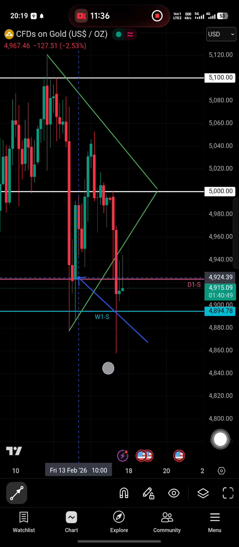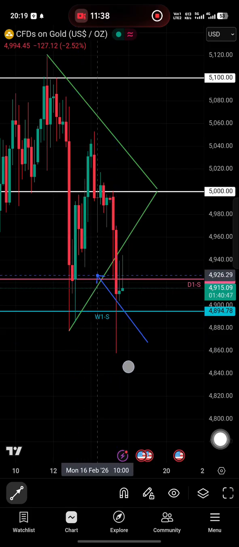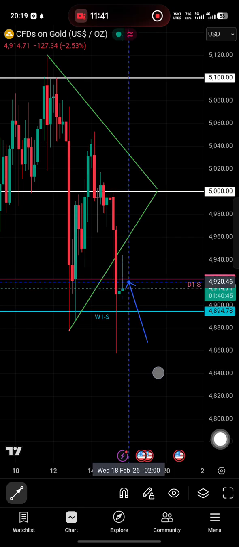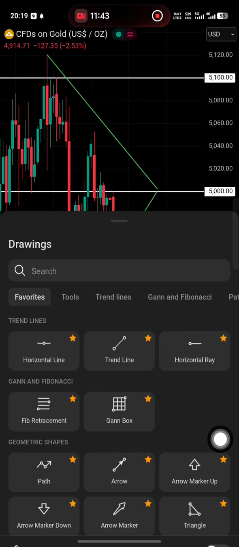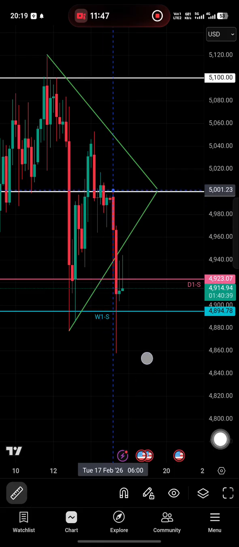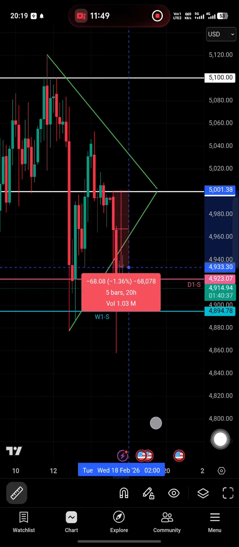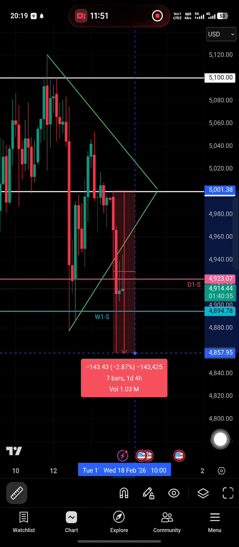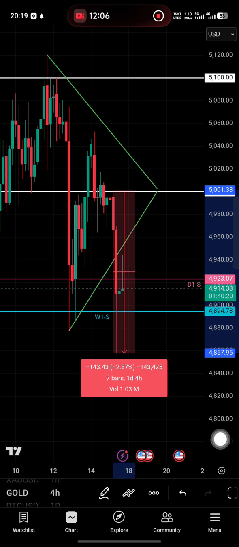And if you're talking about the dump from the daily support over here, it is only about 6,000 pips. But if you're talking about the whole dump, from this high candle all the way to this low week, it is about how many pips? It is about 14,000 pips, and this 14,000 pips is really enough to clear off all buyers from the market, because there